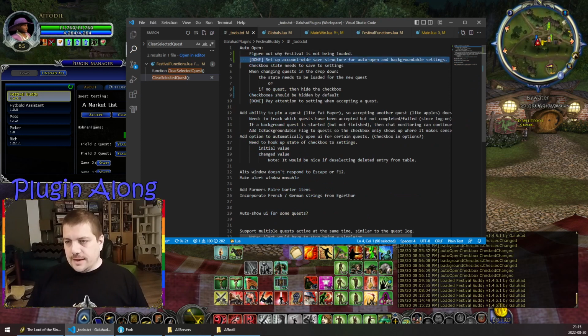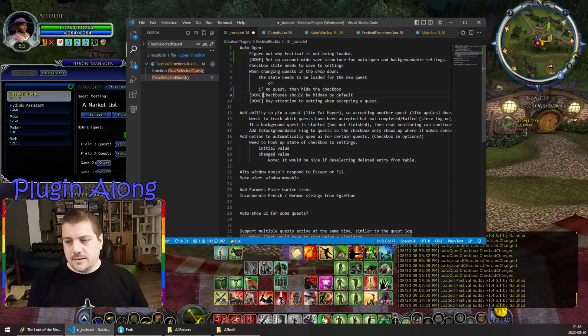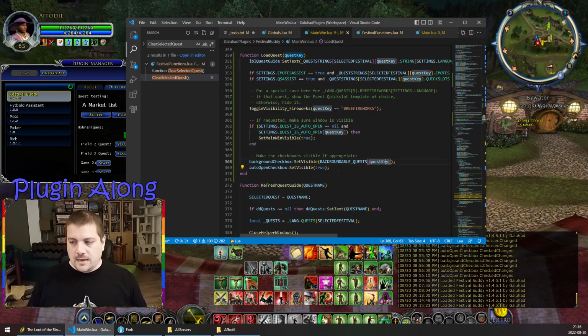Okay. So when changing quest in the dropdown, the state needs to be loaded. Checkboxes should be hidden by default. Done. If there is no quest, hide the checkbox. That's done. Finally, we do need to load the state for when we actually are making the things visible. And so